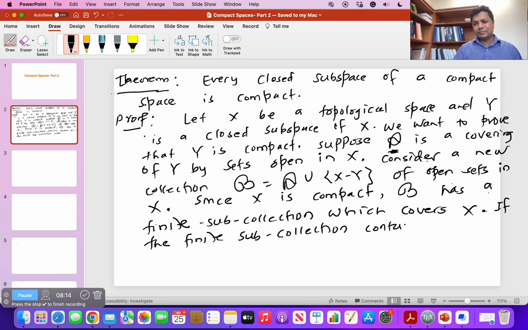contains X minus Y, then we can just discard that X minus Y, because we just need the finite sub collection of Y. So sorry, we just need the finite number of elements whose union is Y. So in this finite sub collection of X, if there is X minus Y, you can just delete X minus Y from that collection, and the remaining finite number of sets